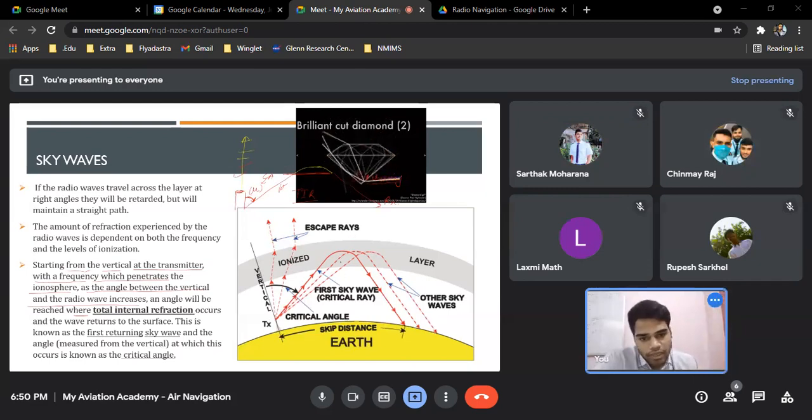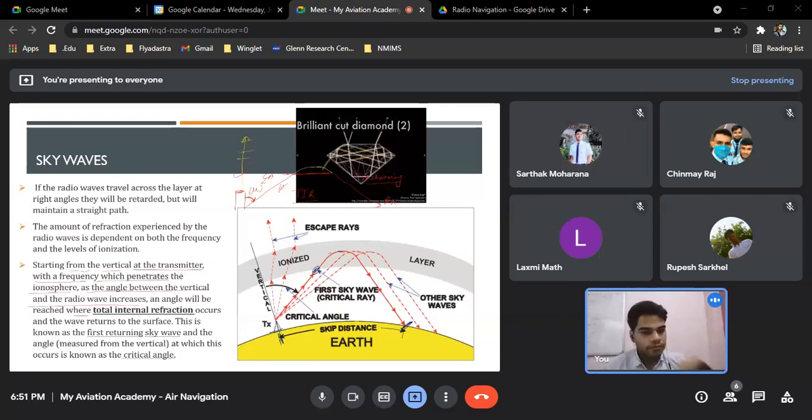Okay, coming back to the topic, I want you to see this figure and realize what I just told you. This is our first critical wave, this red one. The distance covered from the transmitter to the point where it hits the earth, this point, is known as the skip distance. Why? You remember skipping, right? You skip with the help of jumping. So that is the same thing. You skip the distance and reach that point. That is what is happening here. It is known as skip distance.